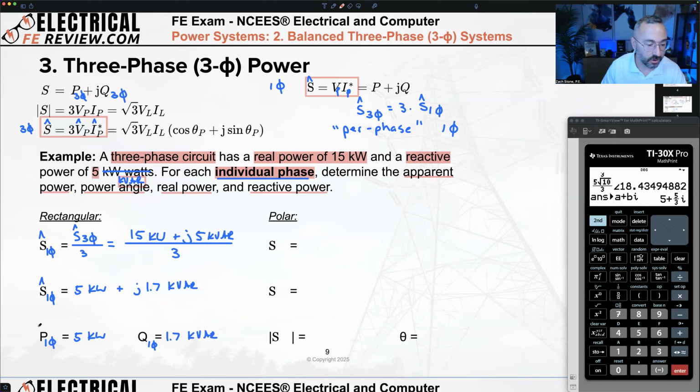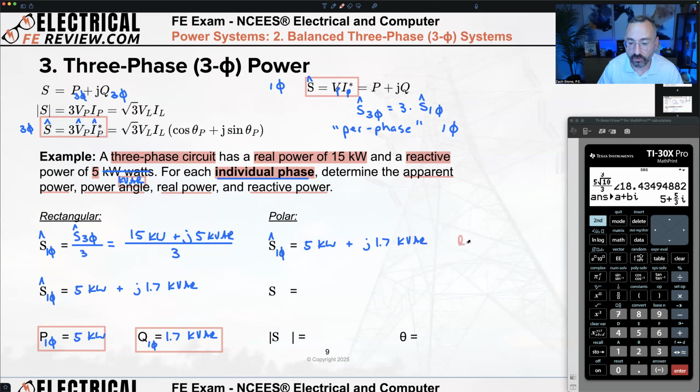This is just our complex single phase power, or the complex per phase power of our three-phase system in rectangular form. That's all. So we have real power and reactive power in each individual phase. Now let's determine the apparent power and power angle in each individual phase. I'm going to start with this. I've got the complex single phase power